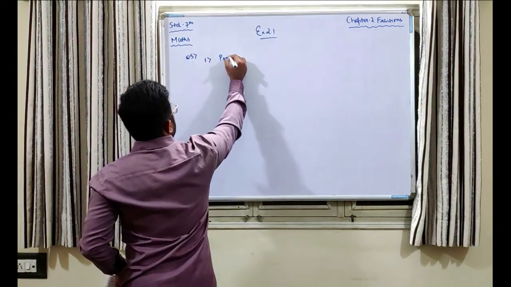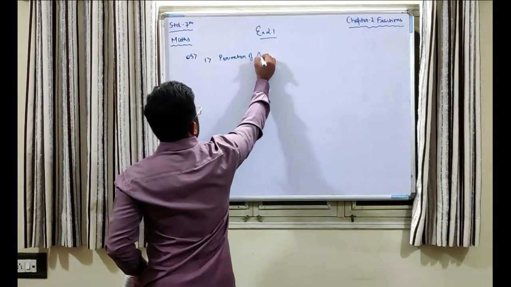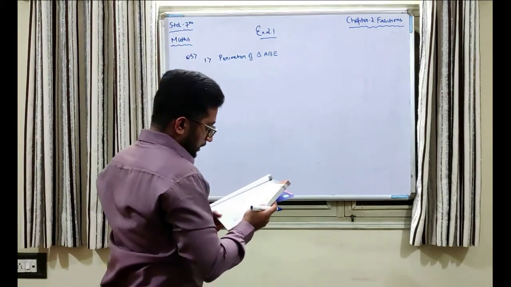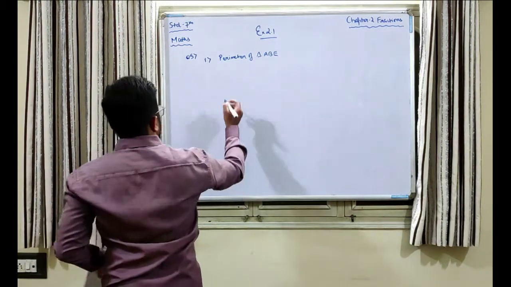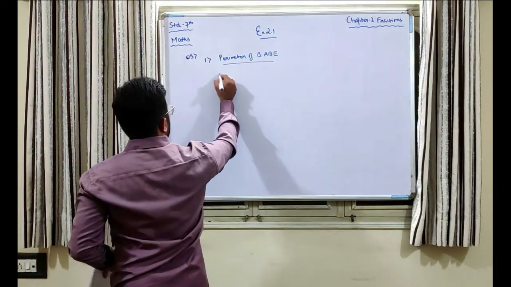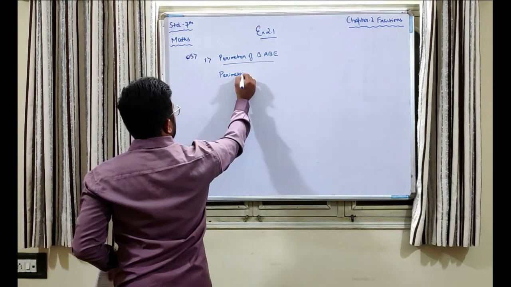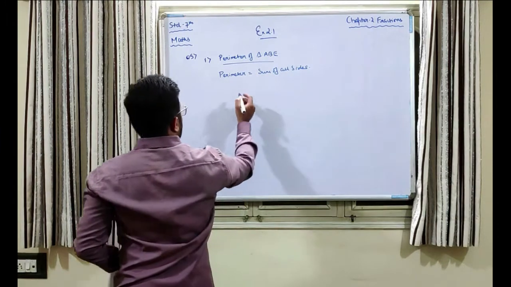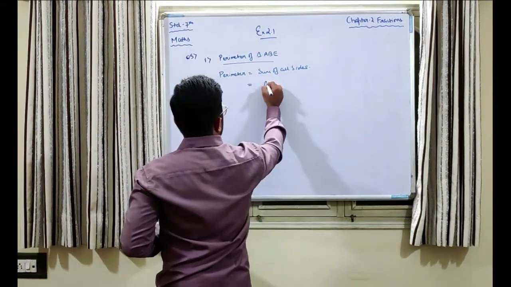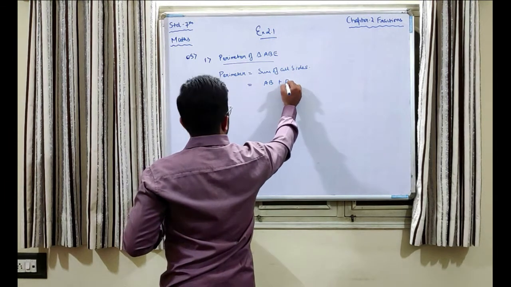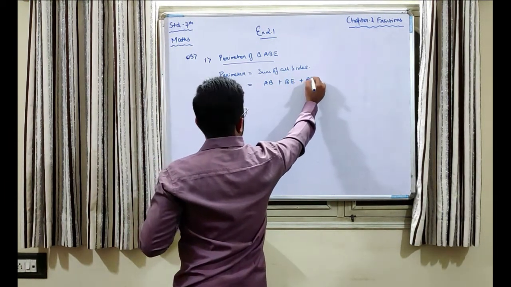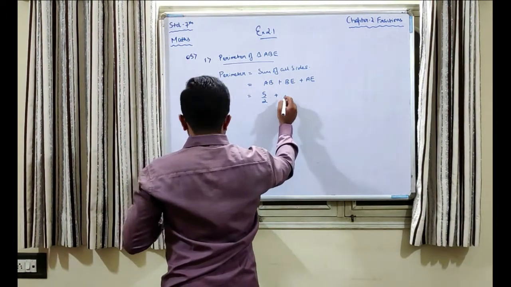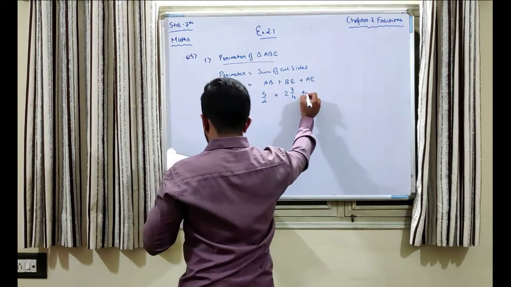So perimeter of triangle ABE. So the sides here given are AB plus BE plus AE. So perimeter of triangle ABE is equal to sum of all sides. Perimeter of triangle tends to be sum of all sides, that is AB plus BE plus AE. Okay, so AB here is 5 by 2, BE here is 2 3 by 4, and AE here is